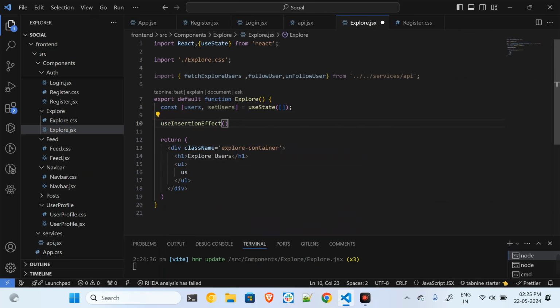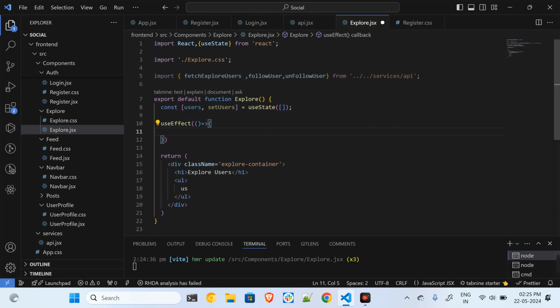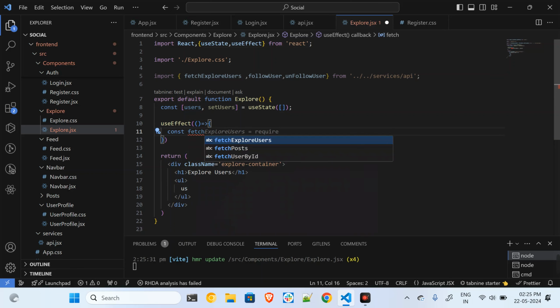The useEffect hook which I'm making use of, I have to import it over here, and inside of this useEffect I will try to fetch the users. So I will say constant fetchUsers. So this will be my async function, and